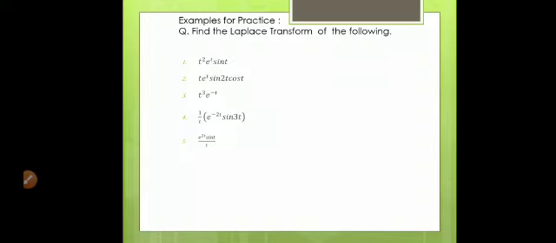So if the function is multiplied by some power of t and also multiplied by an exponential term, then you can change the sequence to get the answer with very simple calculations. And the same case applies for the examples involving the function divided by t and multiplied by an exponential term.